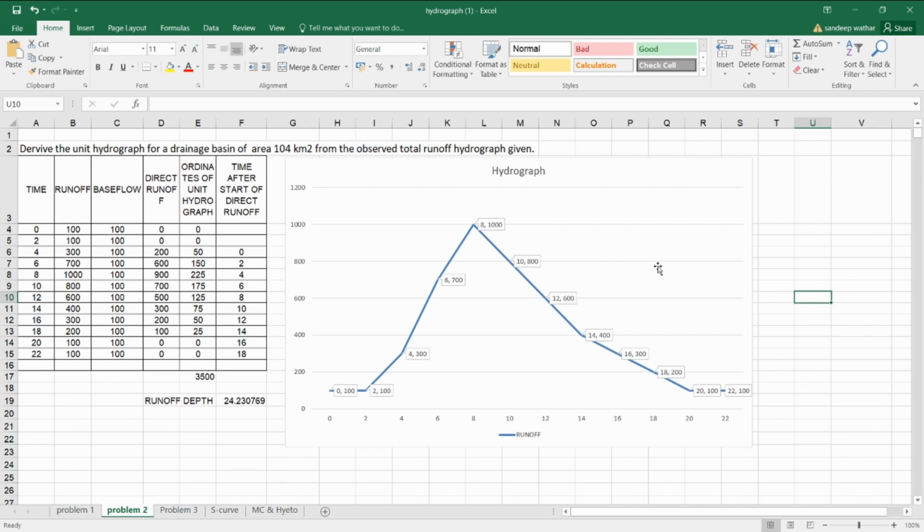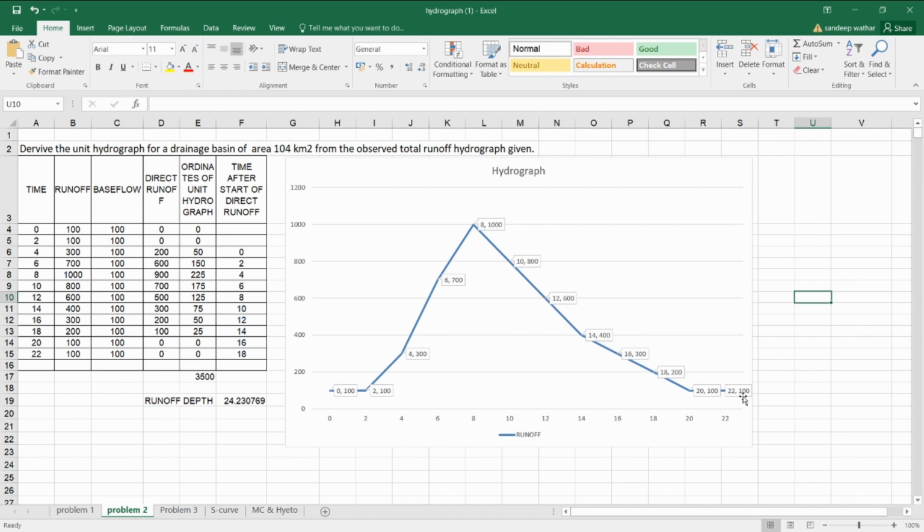First I'll simply show you what your hydrograph is. Now let us try to analyze this hydrograph. Here you can see that at time t equals 0 the discharge value is 100, at time t equals 2 the discharge value is 100, but at time t equals 4, at the 4th hour, we have a discharge of 300. Similarly at the 6th hour it is 700, at the 8th hour it is 1000. When you reach 8, this is your peak value. The maximum discharge you can see in the stream because of the rainfall is 1000. After that it is reduced to 800, 600, 400, 300 like this. Then it becomes 100 and 100.